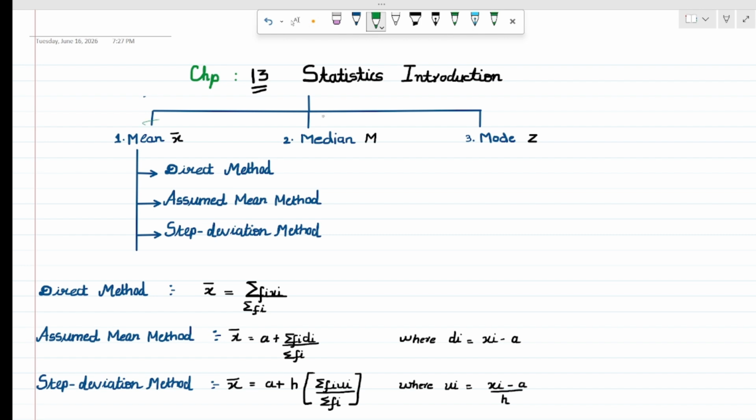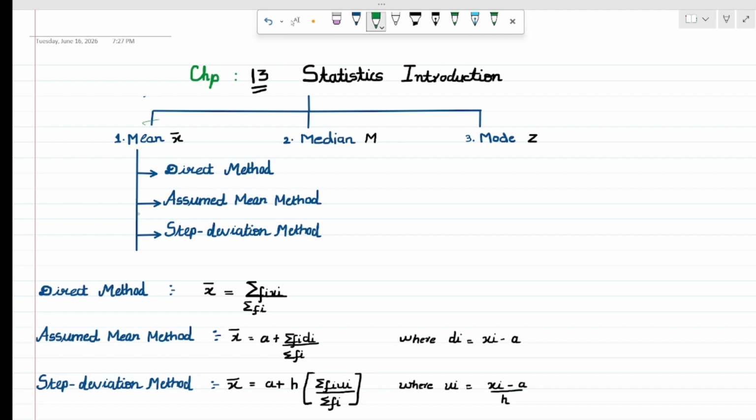So our first topic is central tendency. These are all the central tendencies, namely mean, median and mode, of ungrouped data and grouped data. And we studied already that the cumulative frequency curve is called an ogive. Now for the mean,